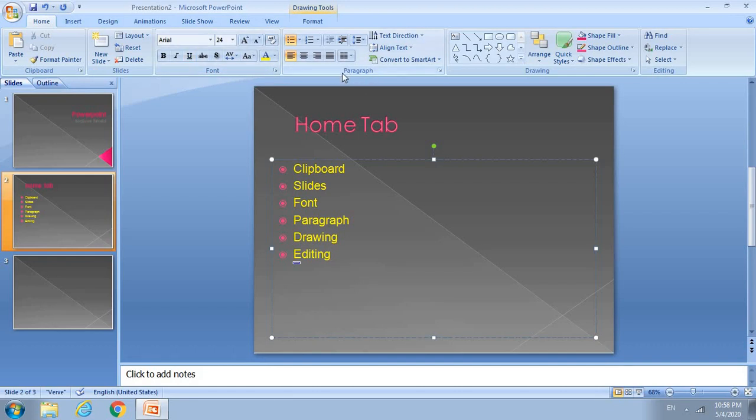Now coming to the paragraph group. Here you will see, as I was typing clipboard, slides, all these things, here on the left the points were appearing. What are these points? You can see this particular option is already selected. This is called bullets. It was pre-selected. This was the reason why you can see the points, the bullets.